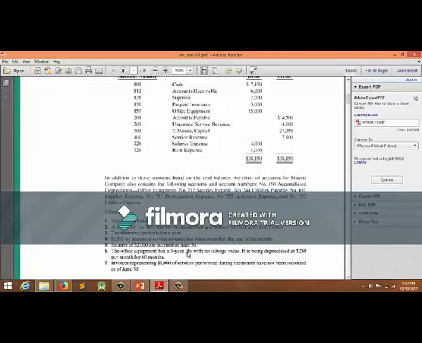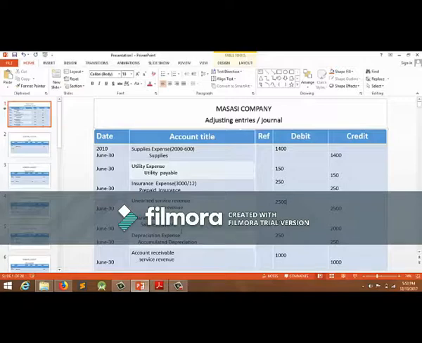Here, previously we learned about depreciation, the useful life of equipment, of anything, of furniture, of a building. So here we have to do a transaction about this depreciation. So depreciation has occurred $250 per month. So per month 250. For this we have to make an entry: depreciation expense debit, and the other one will be accumulated depreciation credit. Next one is